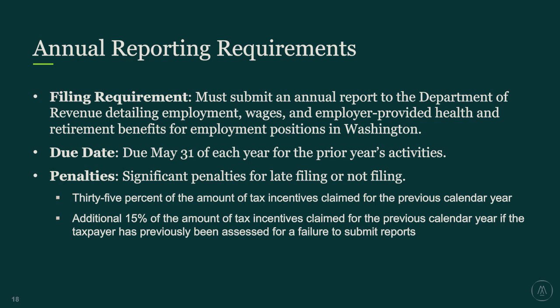Your online accounts with the Department of Revenue should automatically trigger a request for you to file this survey if you've taken the incentives. And we've seen some companies where the department has somehow identified them as companies that should be taking these incentives. They may send a message saying, hey, you're not taking these incentives, maybe you should be. The department is relying more and more on that messaging system in your Department of Revenue online account, so it's good to check those messages as you receive them, because they could have important documents or information relevant for your tax reporting in Washington.